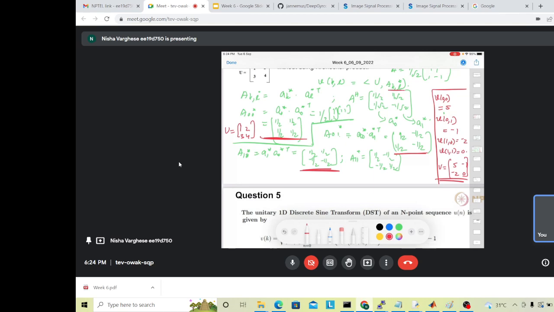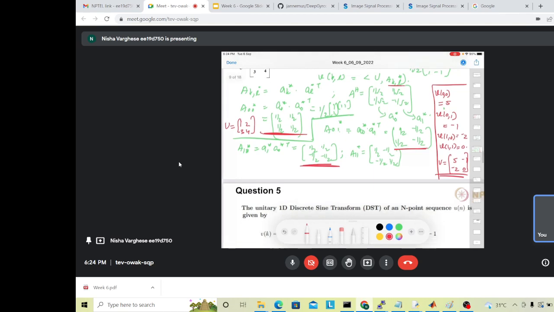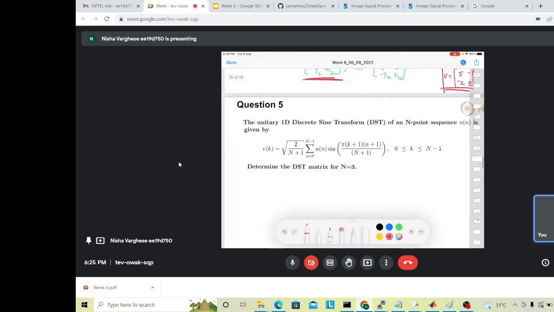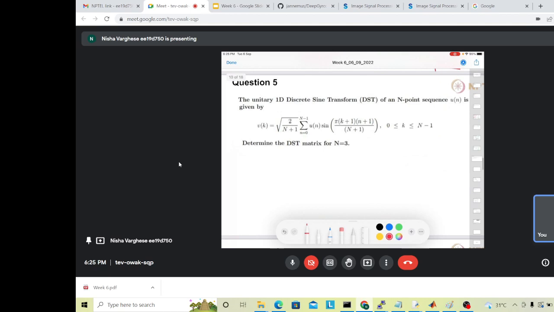Okay. So this is about, without using Kronecker product, these are the steps. You have to find out A00 star, A01 star, A10 star, A11 star, and find the dot product between that matrix and U, and you will get V. Okay. Next question is